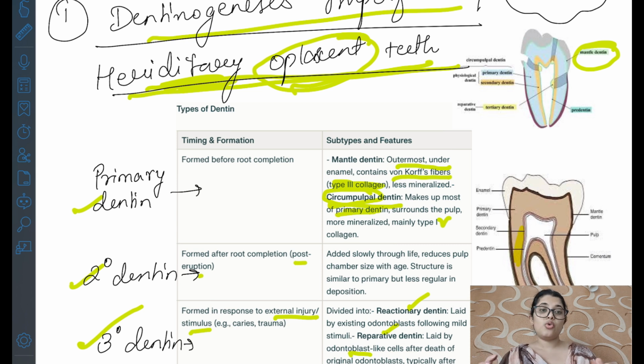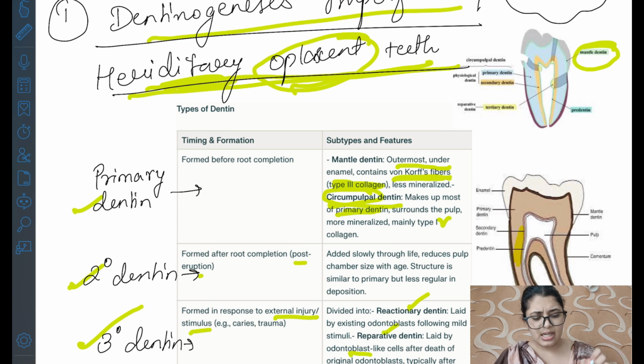Next we should know the types of dentine. There are three types of dentine: primary, secondary and tertiary dentine. The primary dentine consists of the mantle dentine and the circumpulpal dentine. Mantle dentine is the first formed dentine, and the circumpulpal dentine, as the name suggests, surrounds the pulp area. The mantle dentine consists of the von Korff fibers, which are type 3 collagen, and circumpulpal dentine consists of type 4